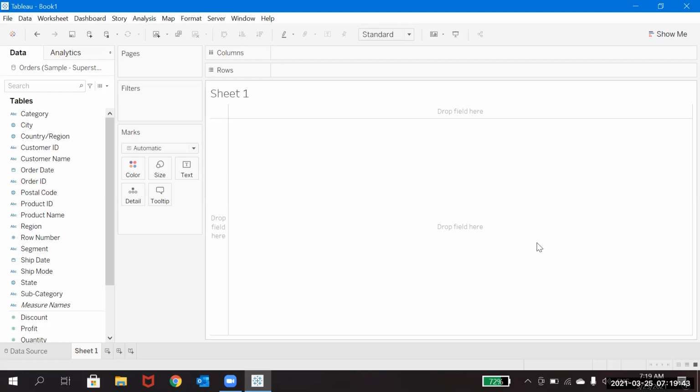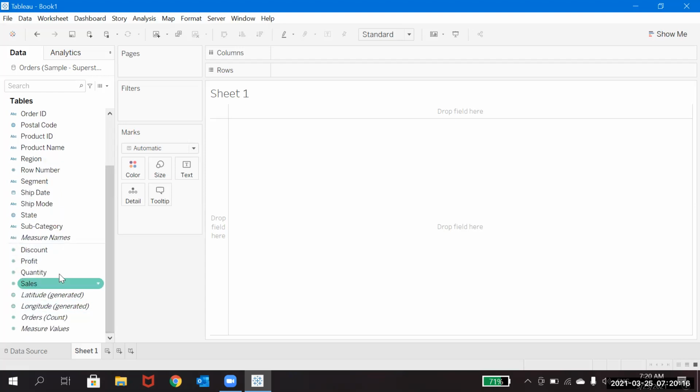Okay, so here you might have observed that in the earlier versions, it clearly says dimensions and measures. But here, without that name, it just says tables, and all the string values and text values, everything will come in the dimensions portion, and all the numerical values, float values, everything will come in the measure values.